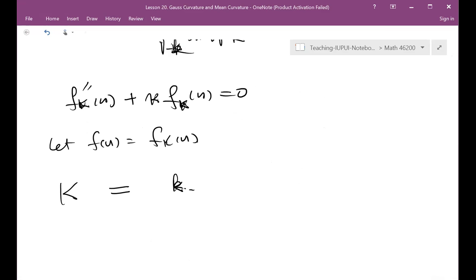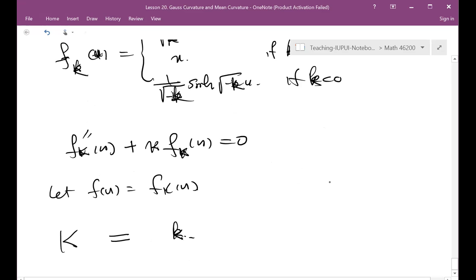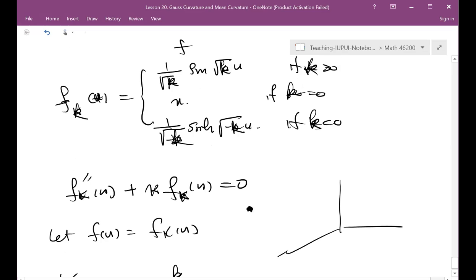So I can construct the surface. So let's see what kind of surface looks like when the Gauss curvature is constant k. When k equals 1, I choose sine u. f_k equals sine u. So when u is 0, it's 0, right? When u is pi over 2,